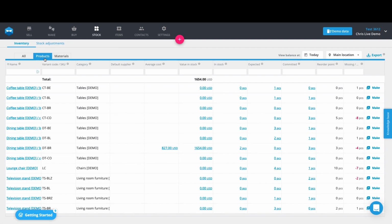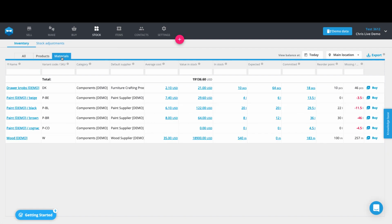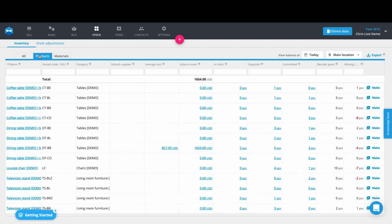Products by default are something that you manufacture. Materials by default are something that you buy. Now in this products list, you will see information such as you see on the items list as well, but we also have here off to the right all of the numbers, how they're related to those products inside of your stock page. For example, we have average cost, which is actually a calculation of your total value in